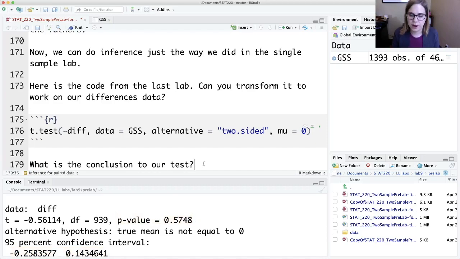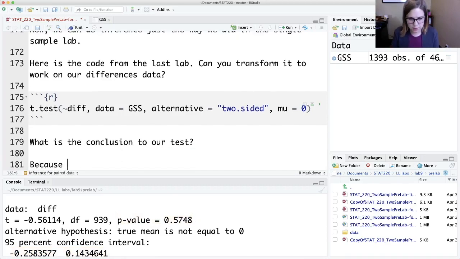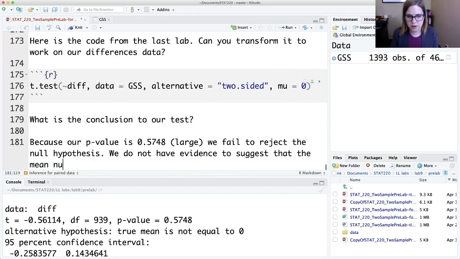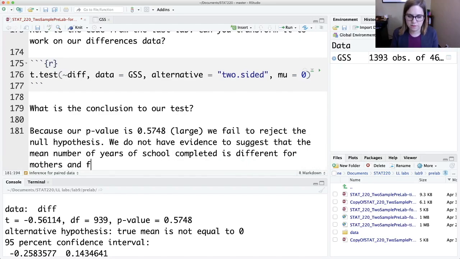So if I was going to think about a hypothesis test, because our p-value is 0.5748, which is large, we fail to reject the null hypothesis. So we do not have evidence to suggest that the mean number of years of school completed is different for mothers and fathers in the paired